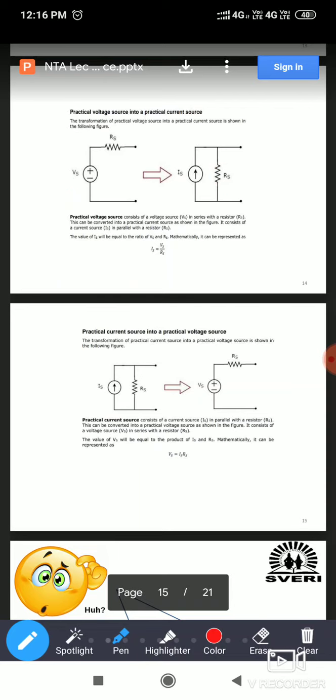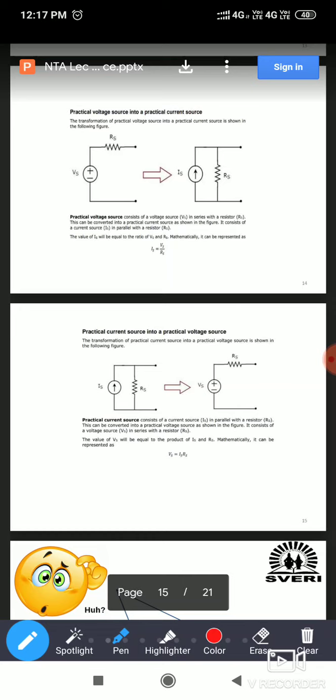Okay, but the value of Is, how to find out this value of Is, that is given in this equation. So the value of Is is equal to Vs divided by Rs. Simply Ohm's law. फक्त Ohm's law यूज करा. Ohm's law म्हणजे काय? V is equal to I into R. To find out I, V divided by R. So simply you can use Ohm's law. So Is म्हणजे हा current which is flowing in this direction. Okay, so simply you can find out the Is equation using Ohm's law. Is is equal to Vs divided by Rs. Vs माहिती आहे, Rs माहिती आहे तुम्हाला, Is ची व्हॅल्यू फाइंड आउट करायला. ओके, आणि Rs इथं सिरीज मध्ये कनेक्ट केले, या ठिकाणी तुम्हाला पॅरलल मध्ये कनेक्ट करायचे.